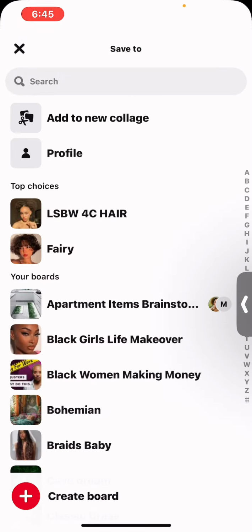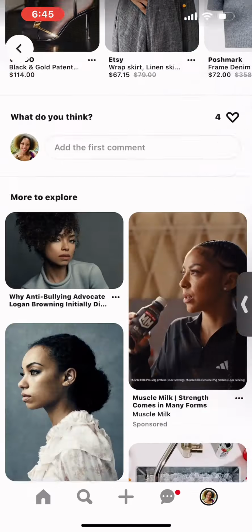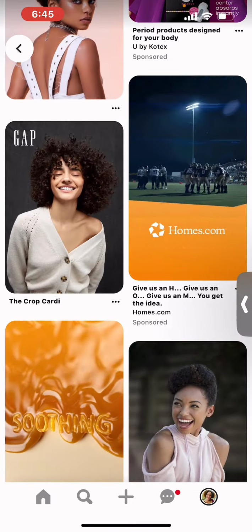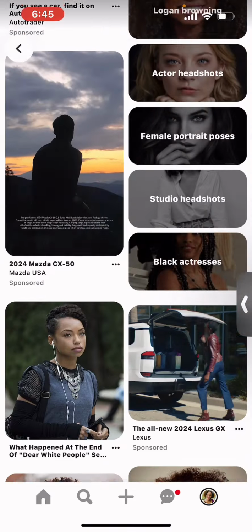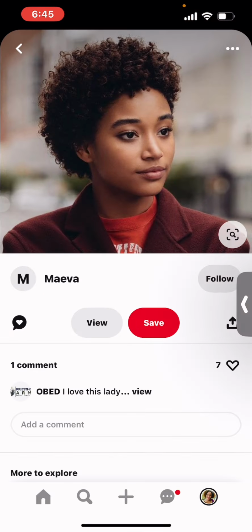Oh my God. This woman, I like her face. I like the way that she acts in her movies. She's very pretty. I do believe she's mixed, right? Yeah, I think she's mixed. Okay, so